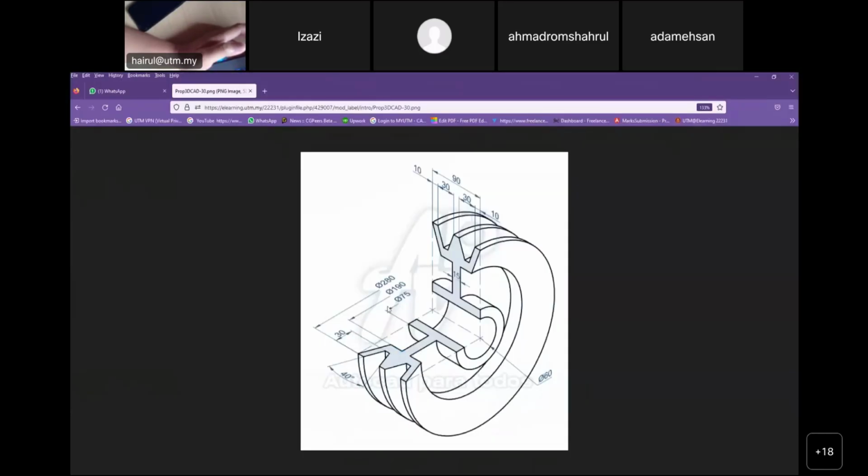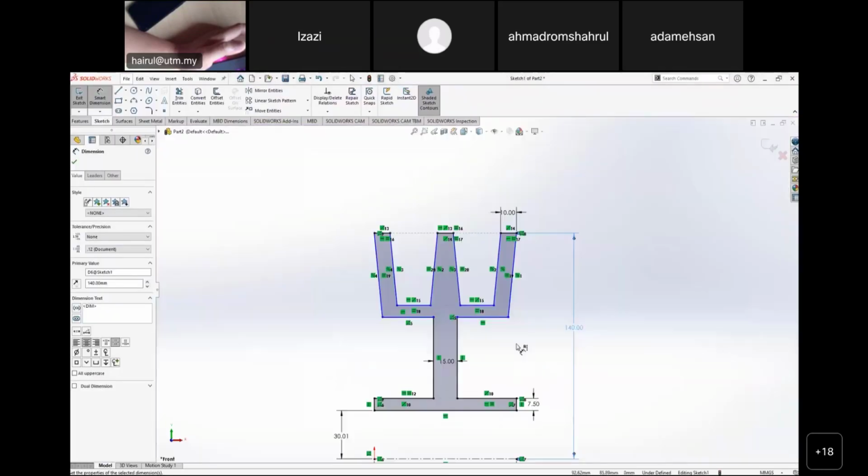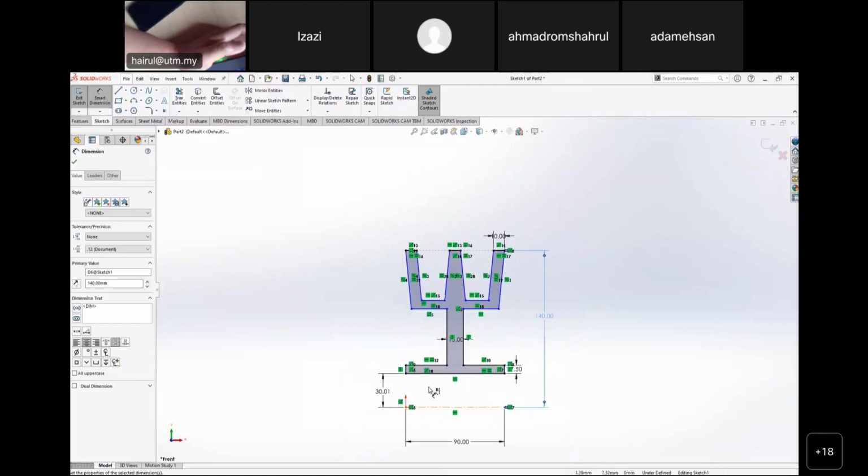Can you see? For the lower level, the diameter we have is 190 here. 190 means 95 radius. 95 plus, we have 30. Sorry, this one, 140 is the total from the center line. Minus 30, then we have the base. The base is here. 140 minus 30 will be 110. 110 is here. So 110 means from, okay, I do the dimension again, from